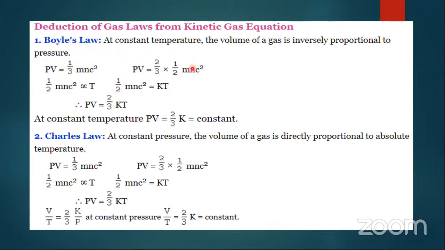N means if there is 1 mole of gas, this will become 1. If n number of moles are there, then we have to take n square. So this 1 by 2 mnc square is directly proportional to the temperature. That is nothing but kinetic energy is directly proportional to temperature, which is nothing but the last postulate of our,